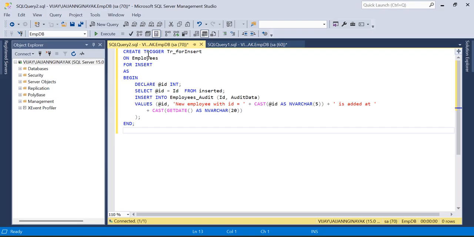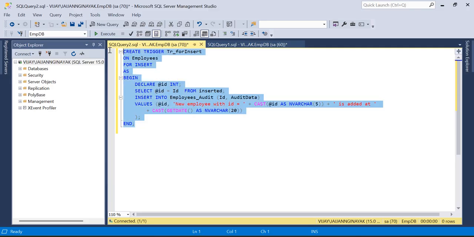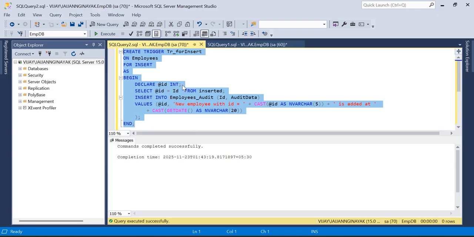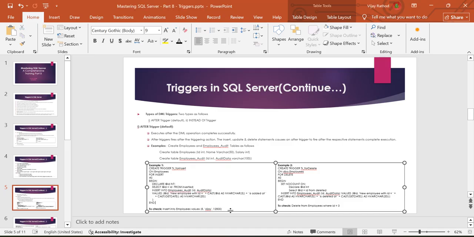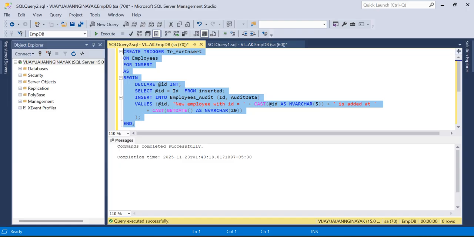So here is the example of creating the insert trigger on the employee table. When the insert statements happen on the employee, then it will insert the data into the employee audit. Okay, let's create a trigger. So I have created this trigger right now. To check whether this trigger is working fine or not, we can execute